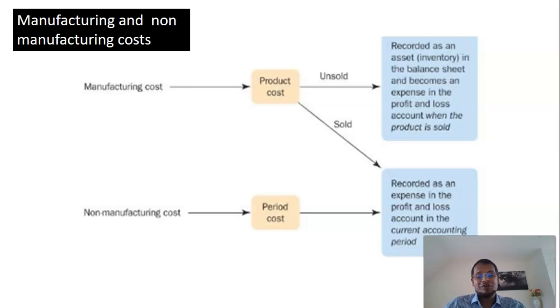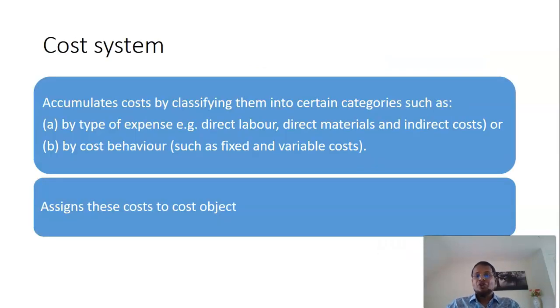So some manufacturing cost may still remain in the inventory, and some manufacturing cost can go to the product that we sold. And the product that we sold is relating to a particular period, which goes to the period cost. All right. So we will talk about the cost system and particular aspects of each and every element